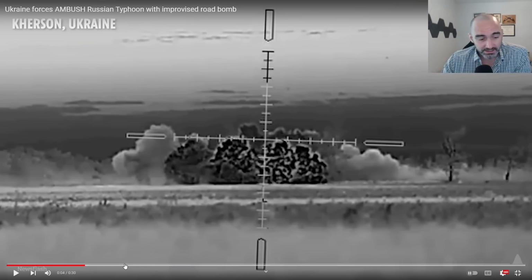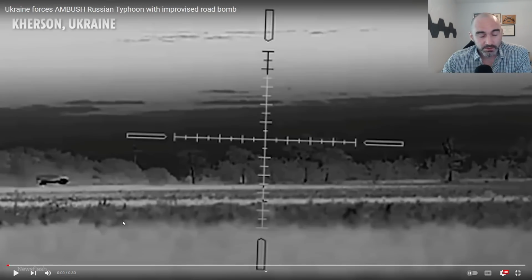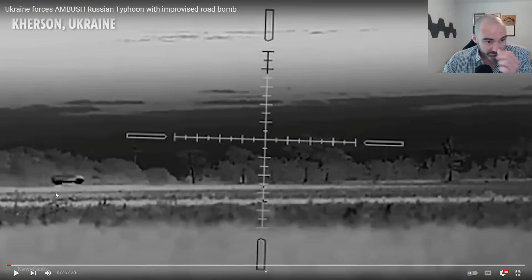So what makes an IED so dangerous? Well, let's break it down. First off, there was a belief in the early Iraq war that the best way to deal with IEDs was to outrun them, go as fast as possible. And it seems like that's what this vehicle here is doing. It's moving at a really high rate of speed. But what the US found is that actually driving slower allowed the crew of the vehicle to detect things like tripwires, IEDs, etc. So it could actually be a much better solution to drive slower and try to be more